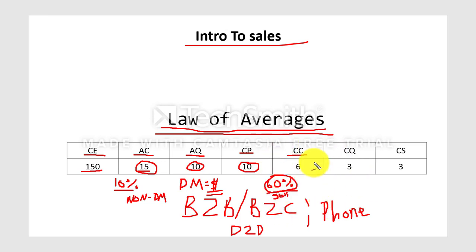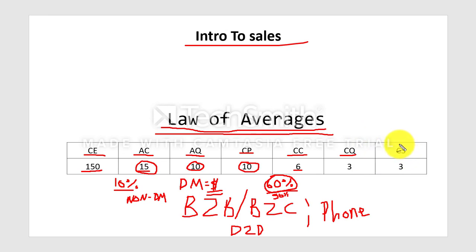And I'm going to explain later on how you can utilize this information in the sales process to fine tune your skills. So if I close six customers, how many of those customers were actually qualified and sold? For me, I had to do a credit check. You might not have to do a credit check. You might have paid in full, meaning that someone actually paid in full for the product or service, or maybe even a payment plan. So maybe for you this is paid in full instead of credit qualified, right? And maybe you have a second option that says how many customers were on a payment plan.